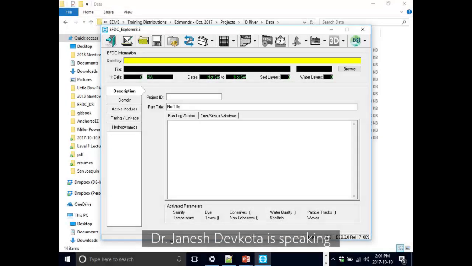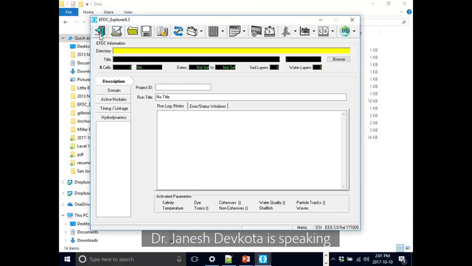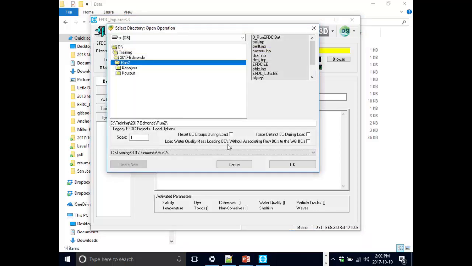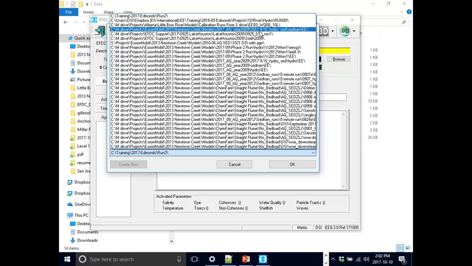We are going to create a grid. So this is the main form. The top left, if you click, it will exit. The second is generate a new model. The button with the folder will open your EFDC model and it will save some of your previous